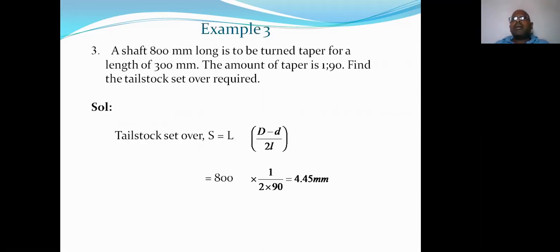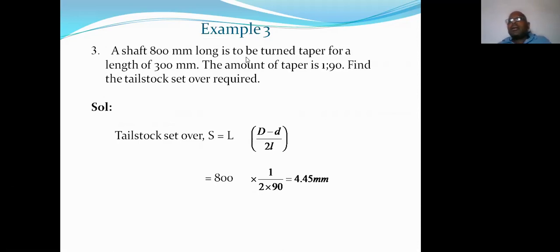So in this way, so far we discussed the important taper turning attachments. Each and every taper turning attachment has its own merit, at the same time it has its own restriction. The one restriction is the length of the taper. Whereas the advantage of the very first one, the form tool method, is that it is very simple. There is no need to adjust any machine, any attachment, or engage any component. Simply by grinding the cutting tool to the required inclined position, the operation can be performed.